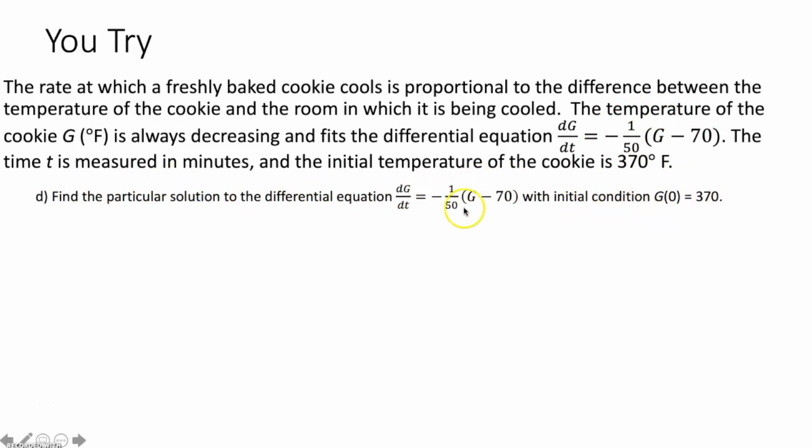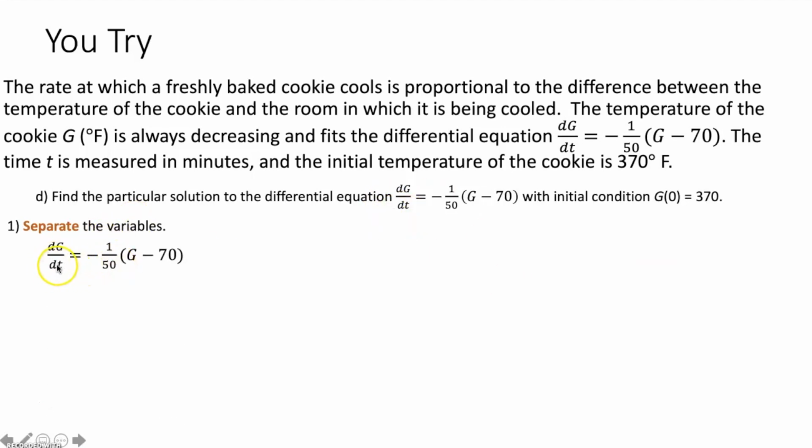So in order to find the particular solution to a differential equation, we have to solve that differential equation. So the first step in solving a differential equation is separating the variables. It's the most important step. If you don't do this step, you get a 0 for this question on the AP test. So we need to make sure all the t's get to one side, all the g's get to the other